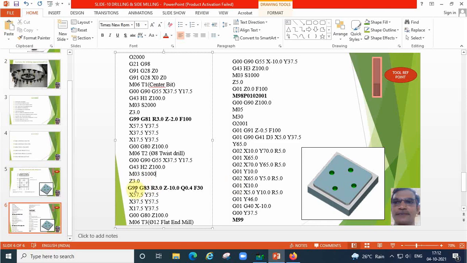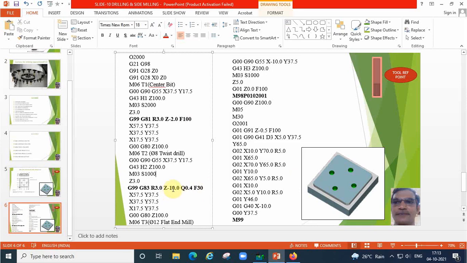Now we can write the syntax for peg drilling cycle, G99, G83 or ZQF. Both are the same, we are adding Q only in the peg drilling cycle. The values are different. Say R value, the same retraction amount we are giving here also. The maximum depth as per the profile is 10 mm. At a stretch we cannot remove that 10 mm depth, so slowly we are doing the pecking operation, that is the Q value 0.4 mm with some feed rate of 30.